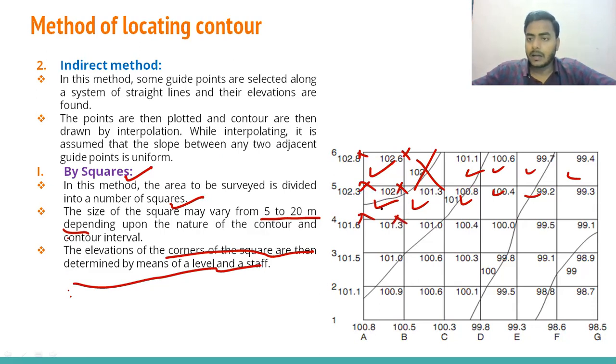We will make a grid by putting in these values of elevation of the corners, and then we can draw the contour lines. This elevation we can get by interpolation between this and this. Interpolation at this point we can get by doing the interpolation between these two points. This point we can get by interpolation between this point and this point, like that. So we can draw any contour lines like this.